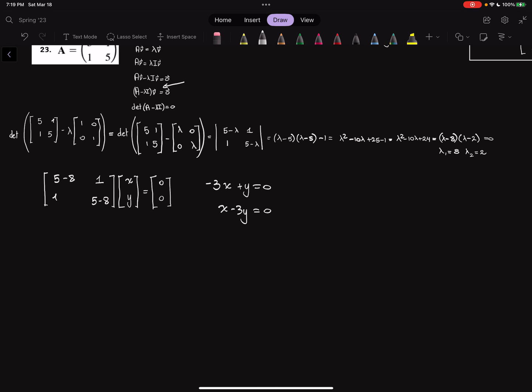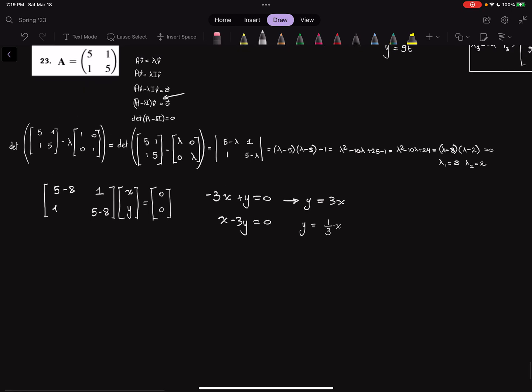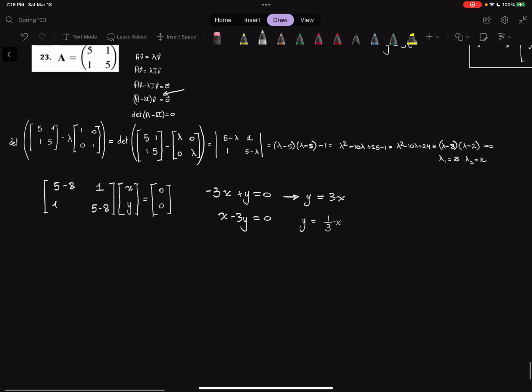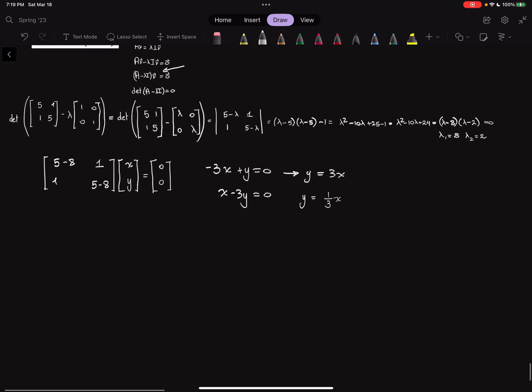Okay, so now perhaps we see something interesting happening. So let's see, we can say from this top equation that y is equal to 3x. From this bottom equation, we can say that y is equal to 1/3 x. So it kind of looks like this system is inconsistent unless I made a mistake, which could be. Let's see. Yes,